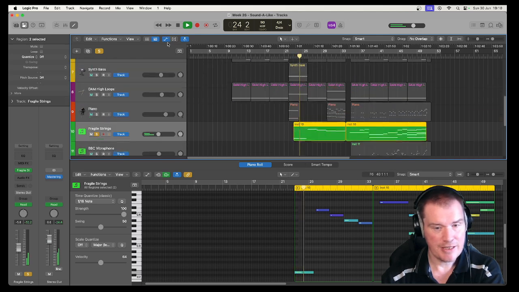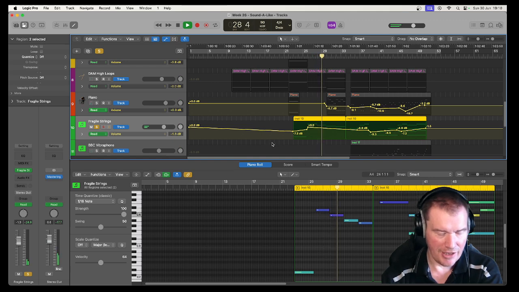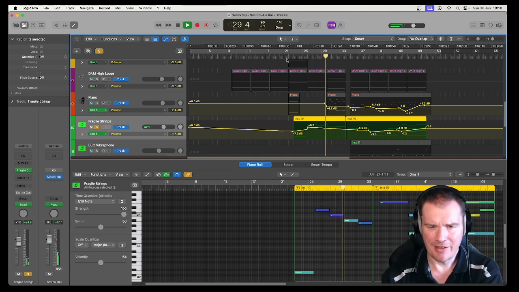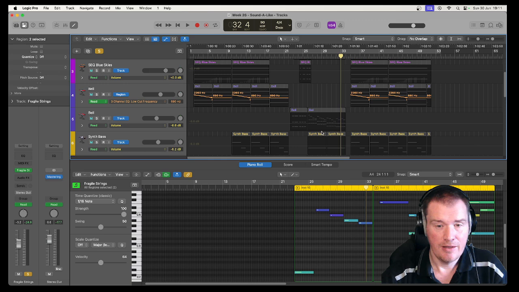What you'll notice is there is automation on this, because actually these higher strings are softer than the low end, if that makes any sense. Naturally high frequencies will sound louder anyway. So I had to be quite careful with the automation. In fact, while speaking about automation,